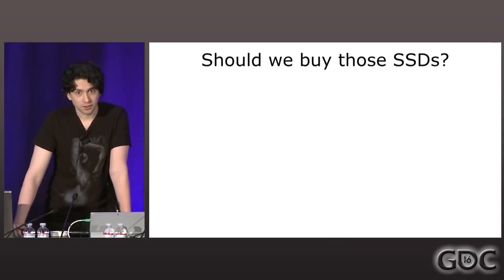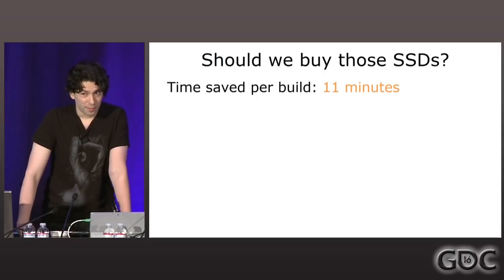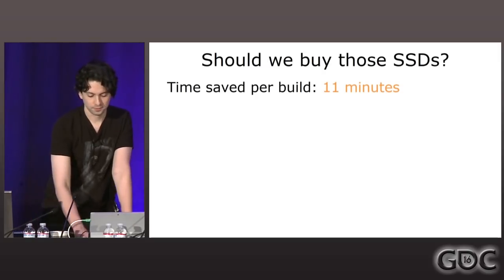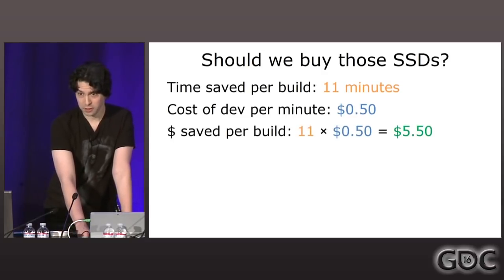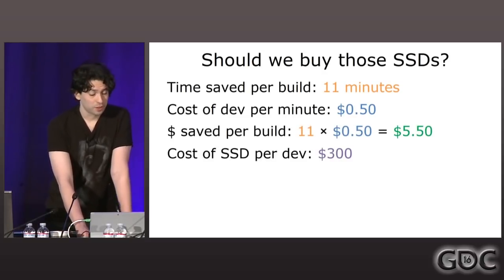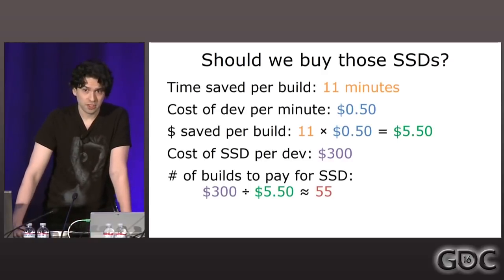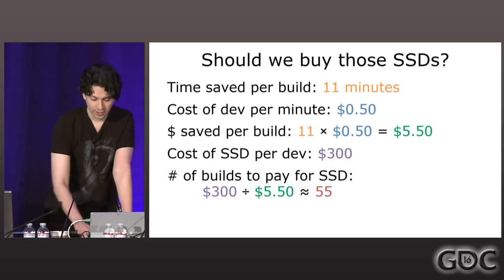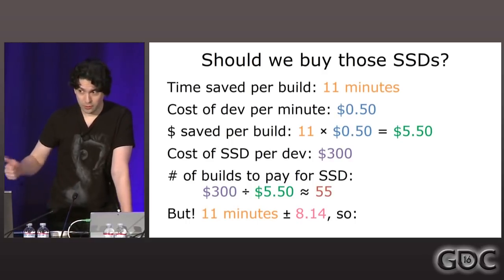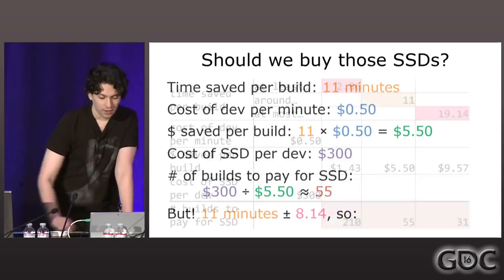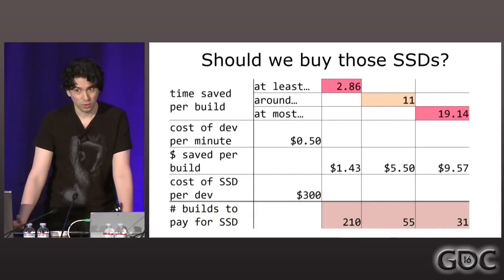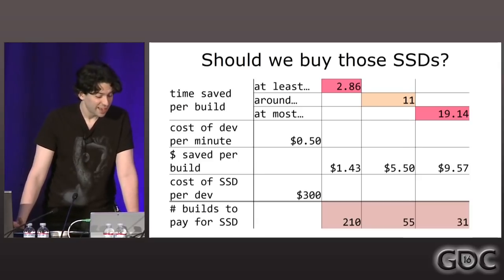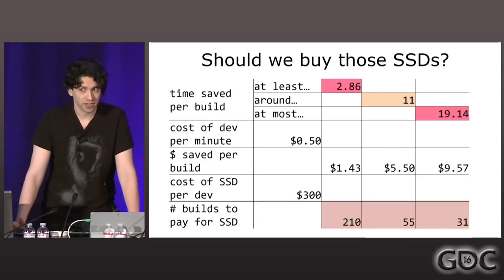So should we buy the drives? Let's do the arithmetic. We've saved about 11 minutes per build. Let's say a dev costs the company 50 cents a minute, so we've saved $5.50 a build. SSD costs about $300, so every dev would need to be doing 55 builds from scratch in order for the SSD to pay for itself, except we've got that uncertainty. So if we did this test like 1,000 times, the average would be somewhere between 3 minutes and 19 minutes difference, so we would have to do somewhere between 210 or 31 full rebuilds per dev for the drive to